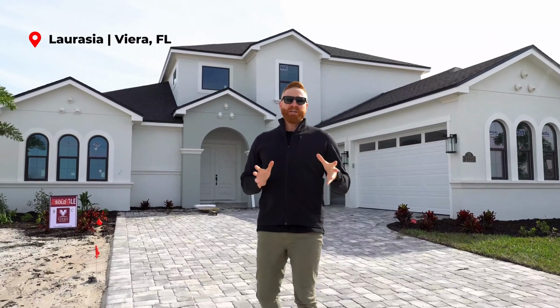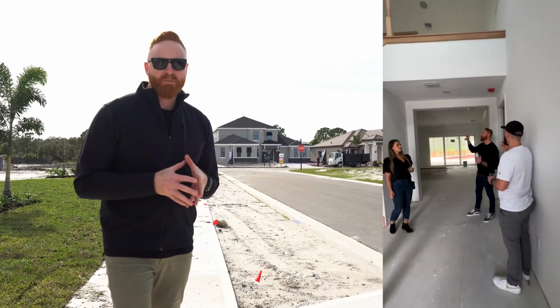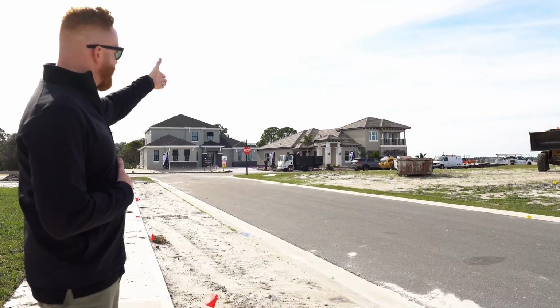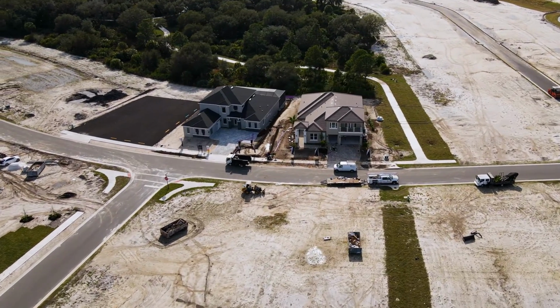All right guys, we are back in Laurasia, which is Viera Builders' gated semi-custom luxury community here in Viera, Florida, and we have some updates that we want to share with you. Our team recently had an exclusive opportunity to meet with Viera Builders right here, which is going to position as one of their model homes to showcase what a couple of the different floor plans that they are building in